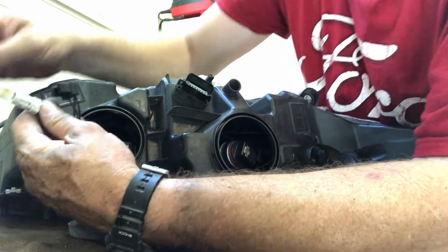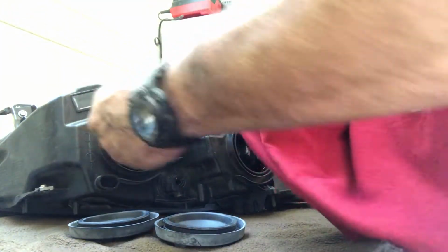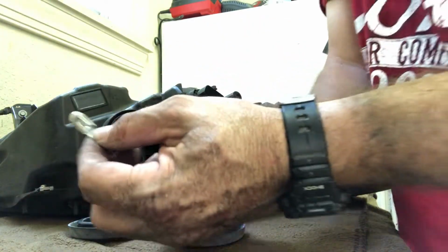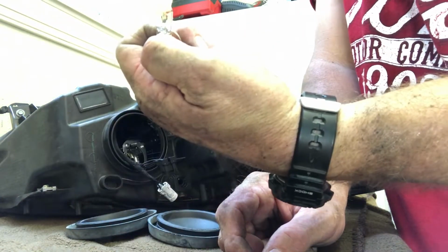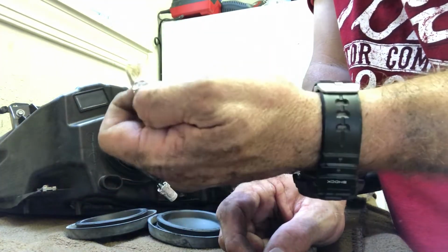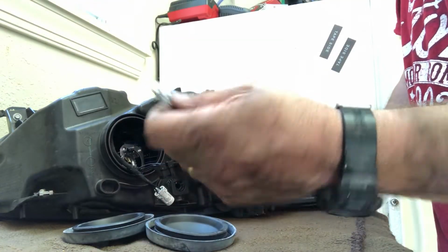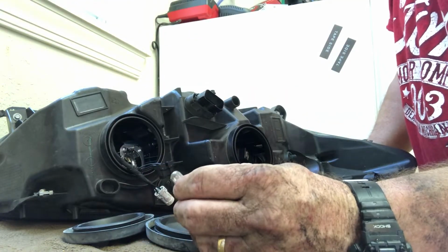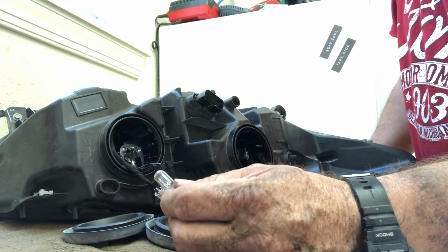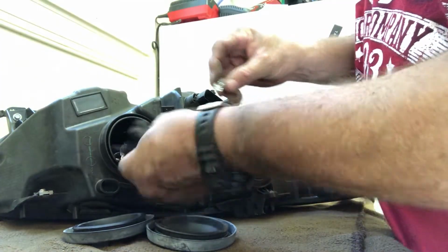Basically, these aren't so sensitive as far as the lights go. This is basically a cheap bulb. I actually think I have some of these, and I'm gonna go check and see if I have some of these out in my electrical box. I did have some of these little bulbs. These are probably 50-cent bulbs out there in a kit that I keep a lot of older style light bulbs in. So I'm gonna go ahead and replace this with a new one